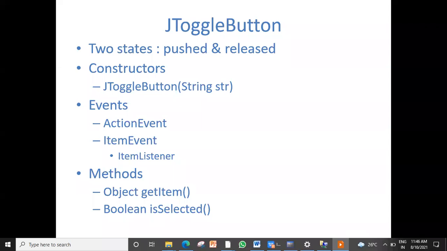Then is selected, another method which is important in case of toggle button. You should know whether it is on or off because visibility will be little changed on and off. So if clicked, if it is on, what to do? If it is off, what to do? You want to code it like that. So you will use this method, E is selected. If E is selected, it returns true. Then whatever code you want to write when it is true. When it is false, what code you want to write? For that you will use if.